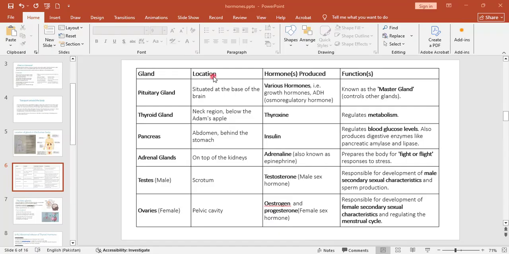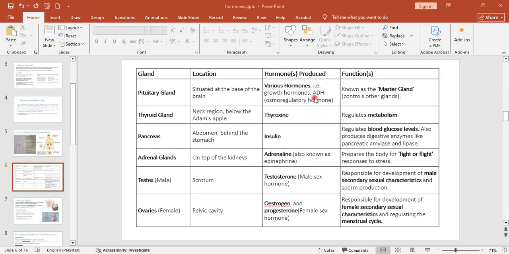In the previous video, we discussed the hormones and their locations. This is a short table to give you a quick overview about the glands. Like the pituitary gland, its location is at the base of the brain, and it produces various hormones. Some are growth hormone, and ADH, which you will study in the chapter on excretion in